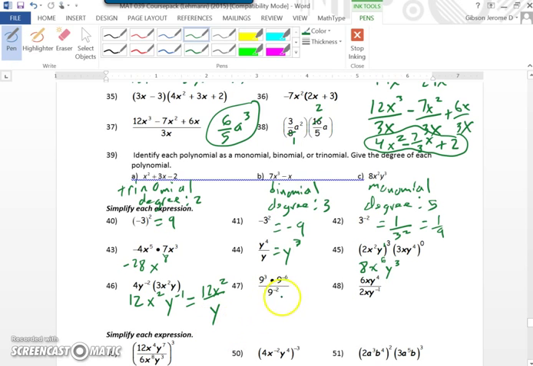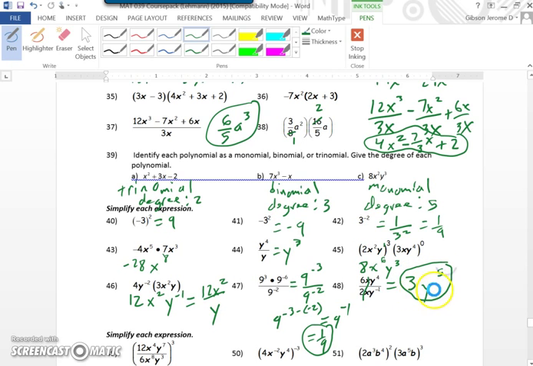Now, problem 47. We have the same base and we're multiplying. So we carry the base here and add the exponents. So that would be 9 to the negative 3 over 9 to the negative 2. Now if we subtract this, this will give us 9 to the negative 3 minus the negative 2. So this will give us 9 to the negative 1 power, which is 1/9. And then problem 48, 6 divided by 2 is 3. The x's will simplify out. Y to the 4th over y to the negative 1 will give us y to the 5th. So your final answer here is 3y to the